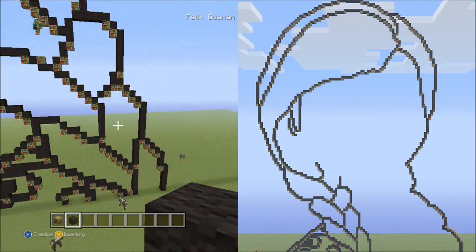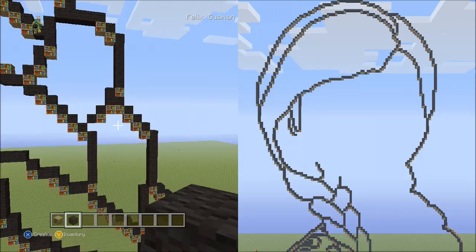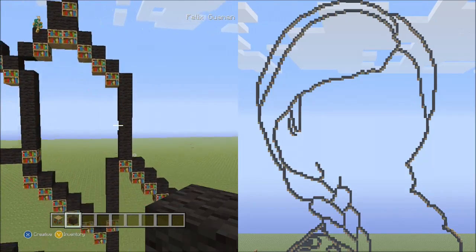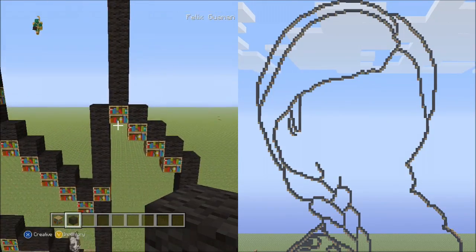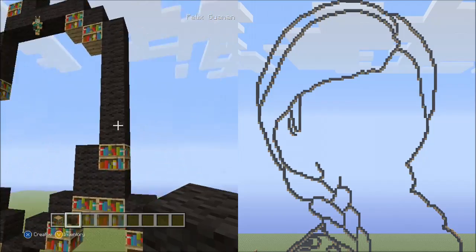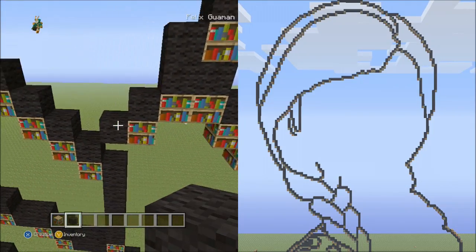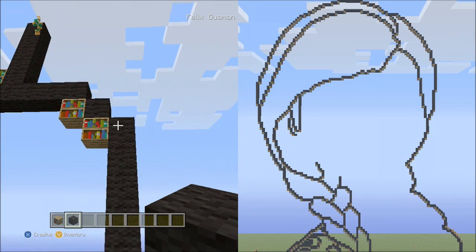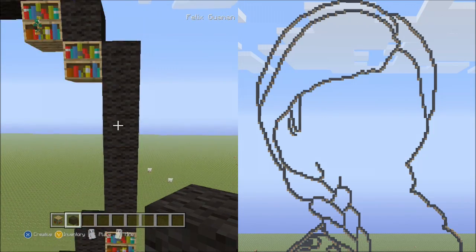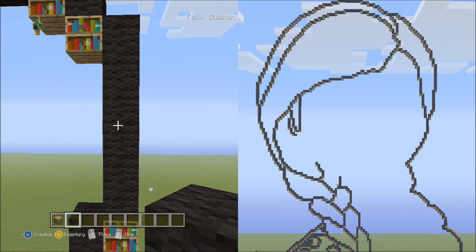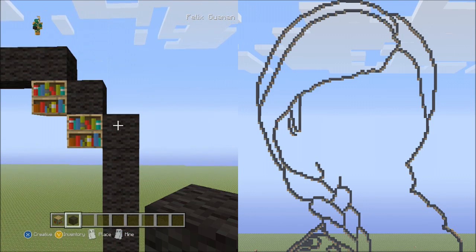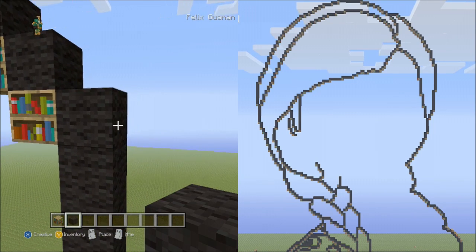Let's move down here again to where we had the 6 blocks right here. To where was it here? No, it wasn't there. It was right here. This L shape, and then we had the two blocks going diagonal. Find this area here to where we had these 6 blocks going up. Okay, find that area, and now on the top block right here, I want you to place right next to